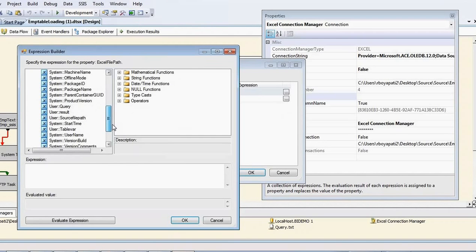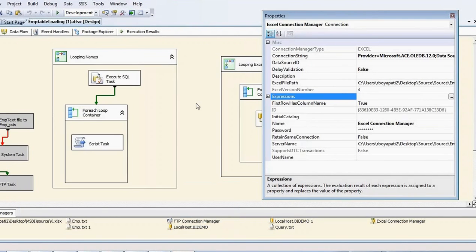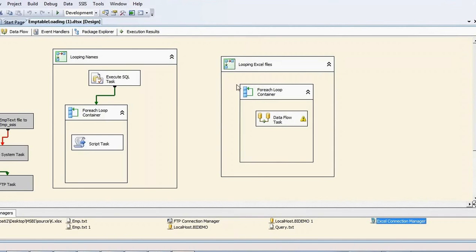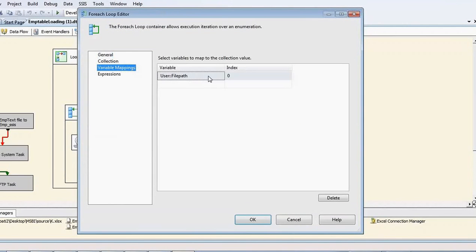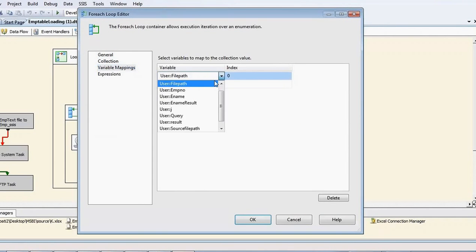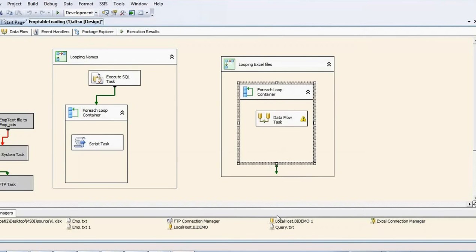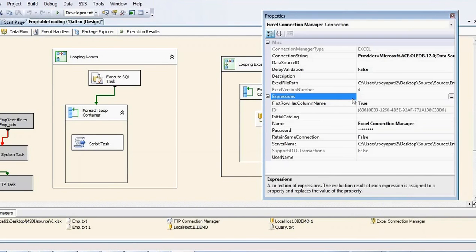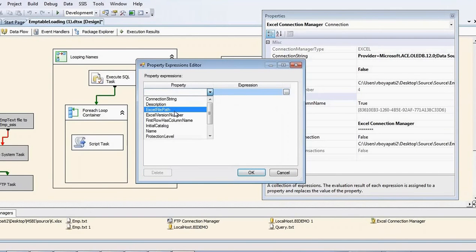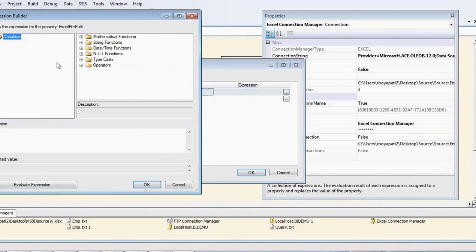Did you find it anywhere? We'll see what exactly that variable name is. That is file path, right? Expression, Excel file path.